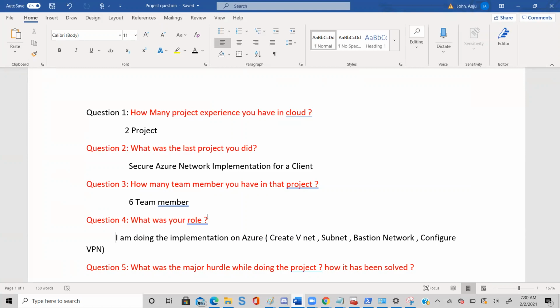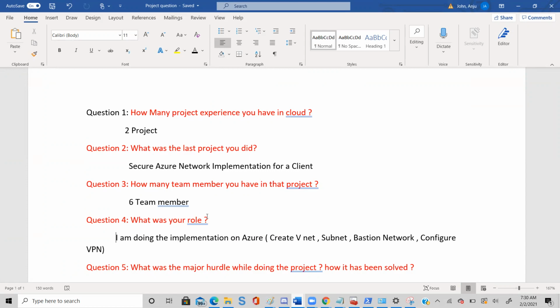Correct. Maybe someone changed the IP address in the virtual network. Again, you will not be able to connect. So this whole setup needs to be run by the admin continuously. But my question was, in a company, who does the implementation? I know you said the admin doesn't do it.